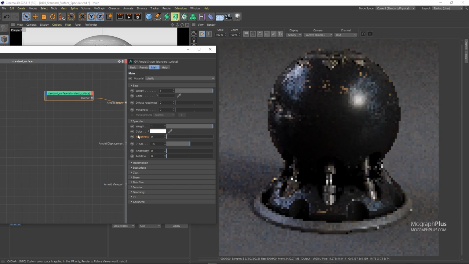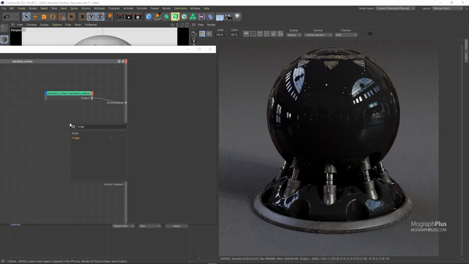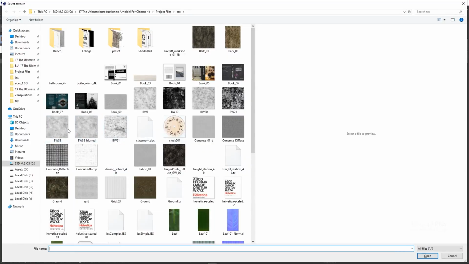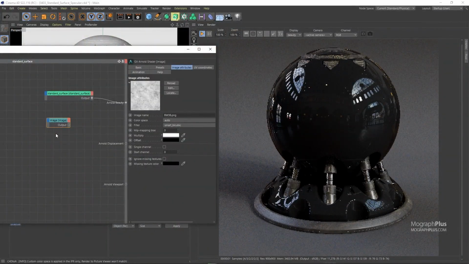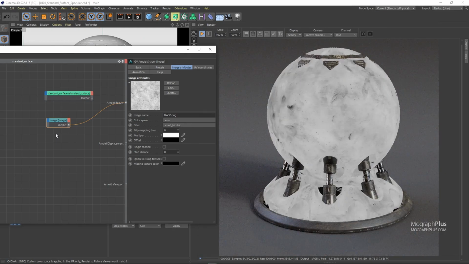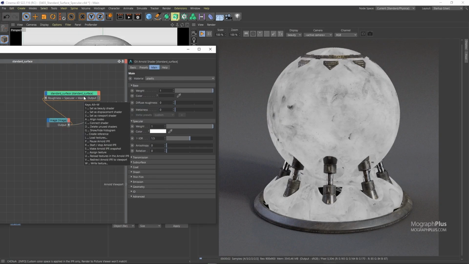Let's load this texture called BW38. I'm gonna set it as the beauty shader. This texture is mostly white, and the roughness value, if you remember, goes from 0 or black, which gives you sharp reflections, to 1 or white, which gives you rough reflections. This texture is mostly white with some dark patches. So if we connect this image to specular roughness, we get very rough specular reflections with some sharp patches here and there. Let's connect this texture to the specular roughness